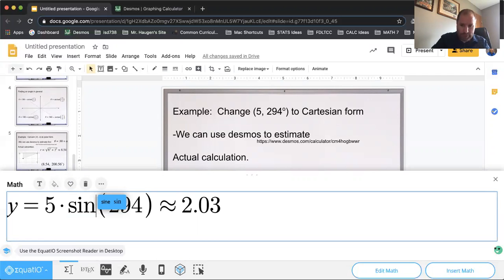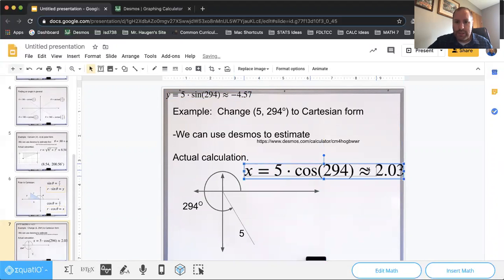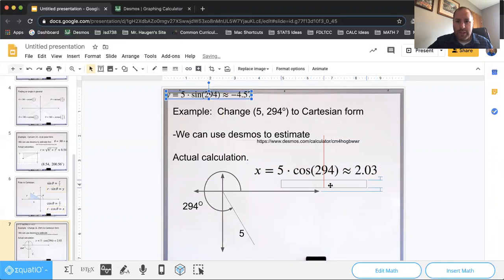And it's, ooh, nice. Negative 4.57, which was pretty darn close to exactly what we had found before. So I'm going to move these up here just a little bit so we can see how we did that. And so then we put our final result in there, right? We put our final answer in